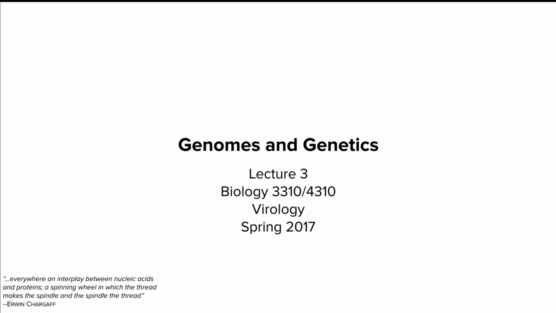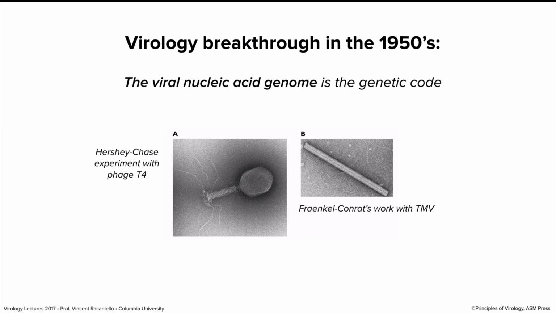But we didn't know what the nucleic acid was for viruses until the 1950s, when these 2 experiments shown on this slide were done. On the left is a very well-known experiment with bacteriophage T4 that was done by Hershey and Chase. So you probably learned this in high school. I hope you did. If not, you should email your teachers and tell them they need to teach it, because a lot of kids I know in high school have been taught this. And this is a bacteriophage which contains DNA. I'm going to tell you the experiment again in a moment in case you don't remember it from AP Bio. And that showed that the DNA of the phage was the genetic material.